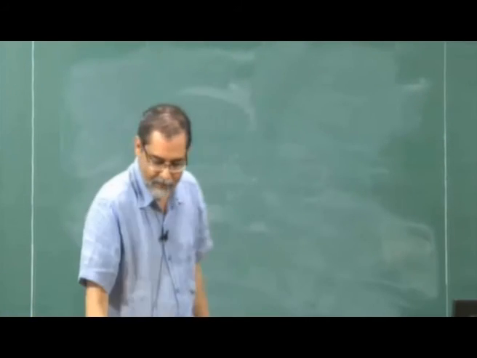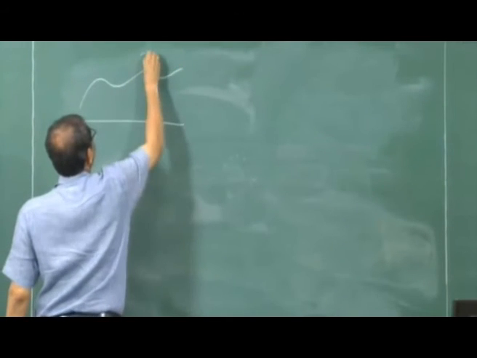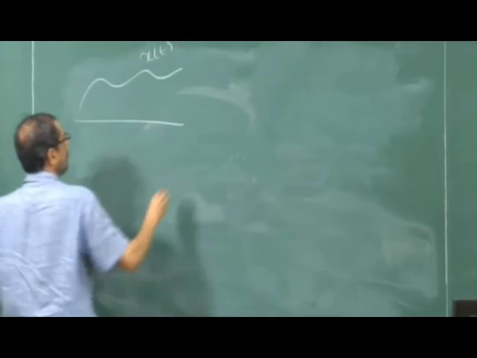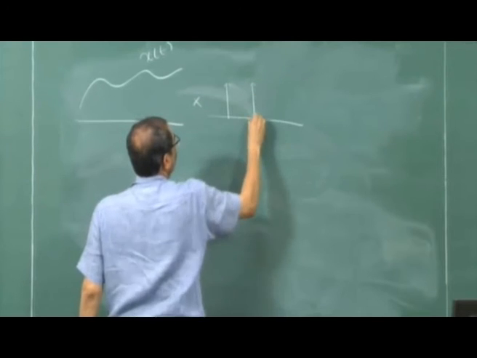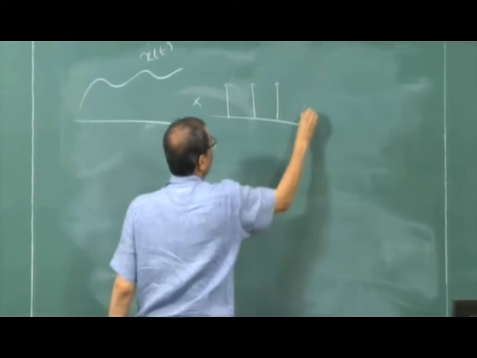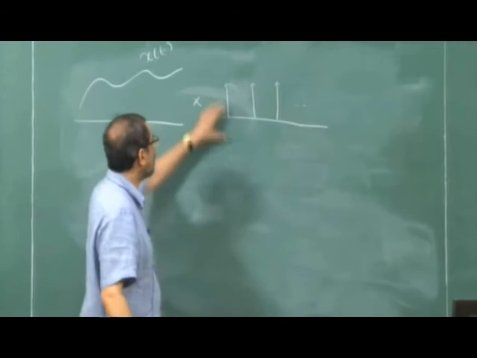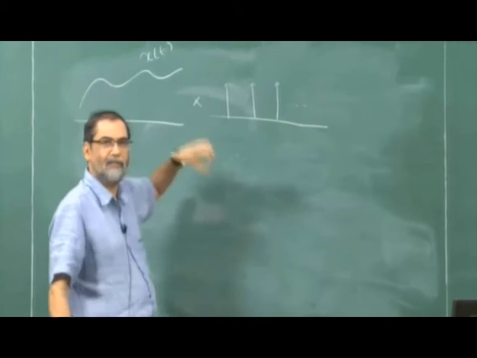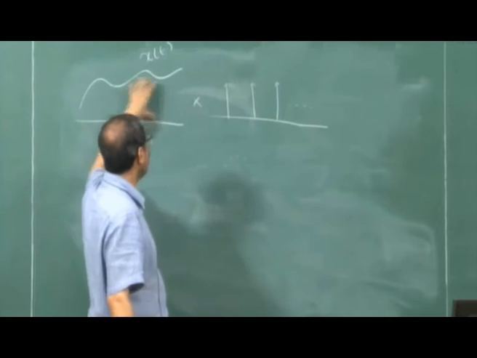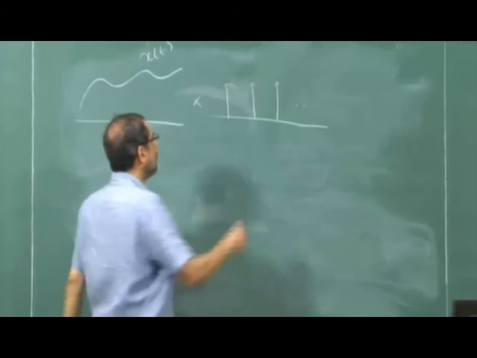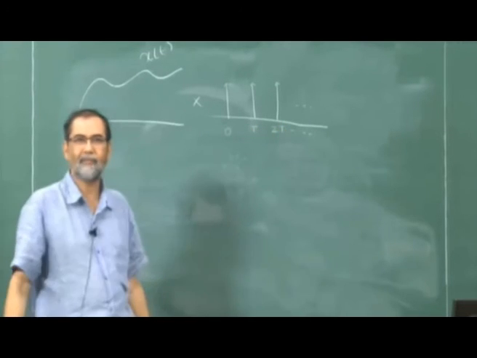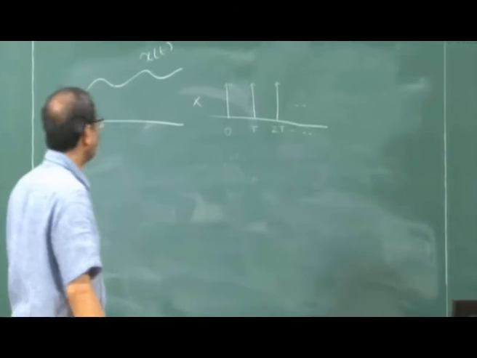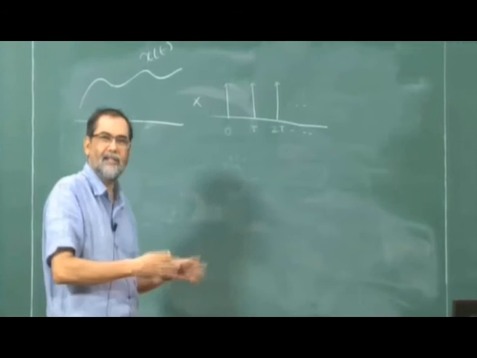So in the textbooks, if they want to sample a signal x of t, right, they multiply this with a train of impulses. Train of impulses. So wherever the impulse occurs, that value is picked up because of the shifting property. This picks out one value, this picks out one value, and so on. Right? This is 0, T, 2T, and so on. Okay. So this is how sampling is